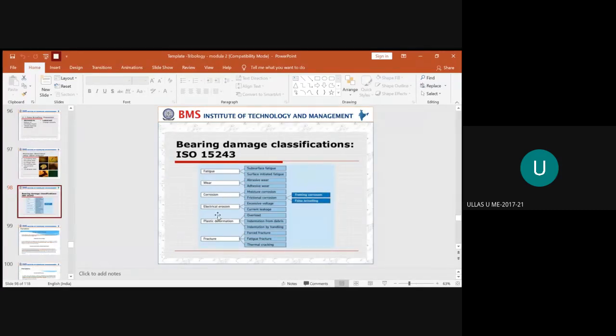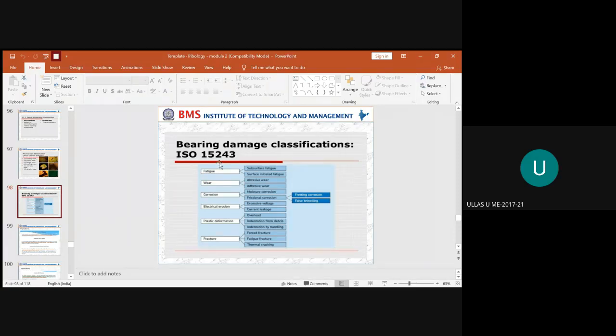And again, if the damage in the bearing is due to electrical erosion, then you should understand whether the electrical erosion has been caused by excessive voltage, or due to the leakage of some current. Okay, it is again a dissipation of energy in the form of current. So you should be able to identify what is the main cause for this particular erosion which is coming into the picture in the particular bearing you are using.